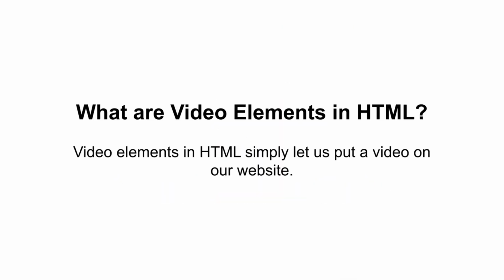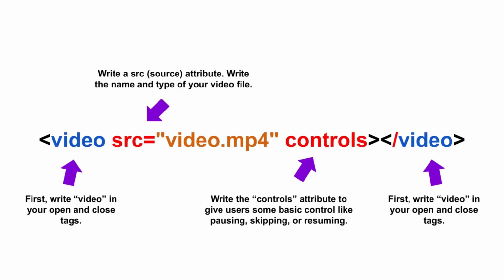What are video elements in HTML? Video elements in HTML simply let us put a video on our website. To write a video element in HTML, first write the video keyword for both the open and close tags. After the video keyword inside the open tag, write the src attribute, short for source, and follow it with an equal sign. After writing the equal sign, write the name of your video file, dot its type, inside of a